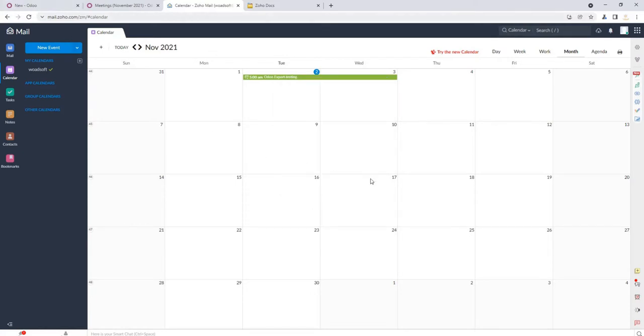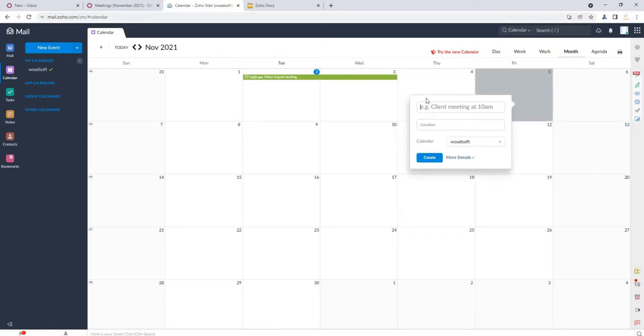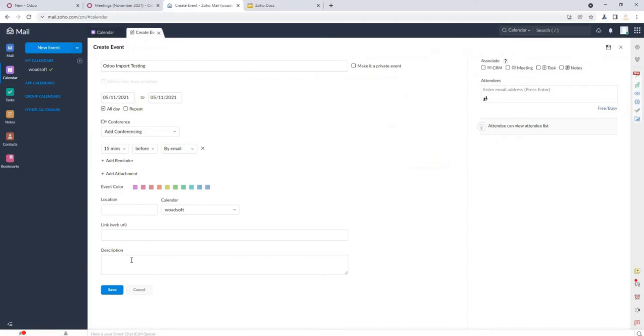We can also create a new event in Zoho Mail, and that event will be imported into Odoo. I add a new event on 5th November and add a title. I click on more details, and we can add the description value.